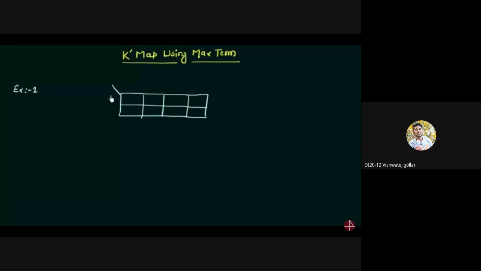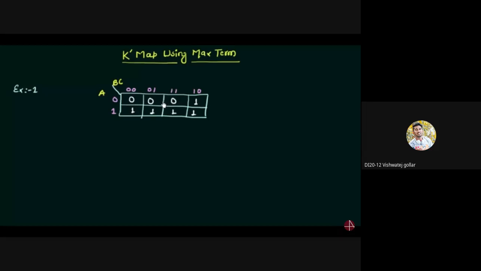Okay, and the variables are A, B, C. A is your max term, C is your min term. 0, 0, 1, 1, 1, 1, 0, 0, 1. Okay. Now the entries are 0, 0, 0 and 1, 1, 1. Okay. So this is the 8-cell K-map given to you, and you have to find the function f by using